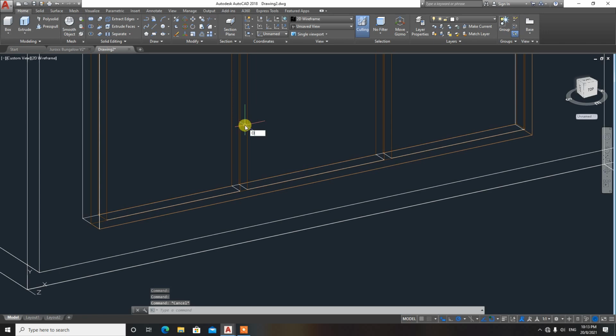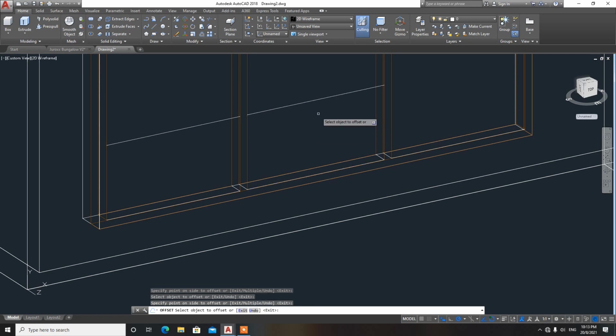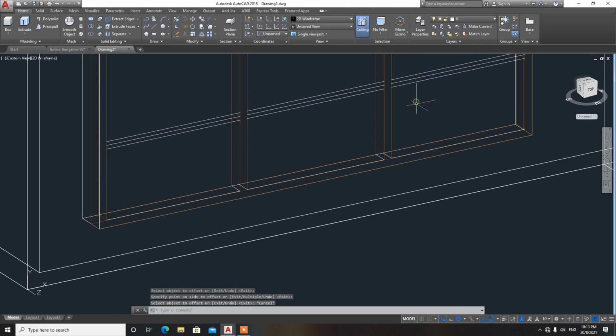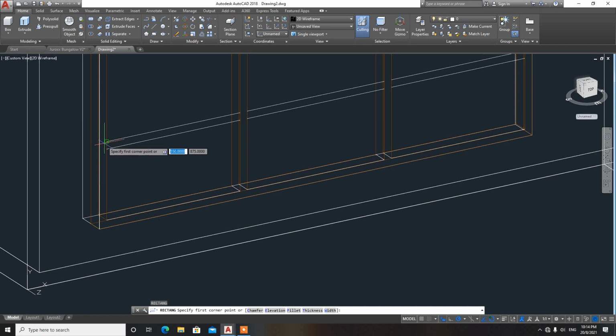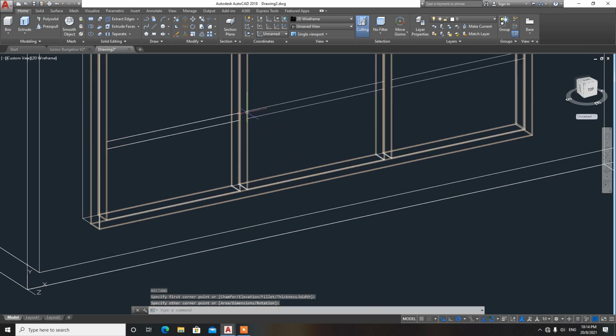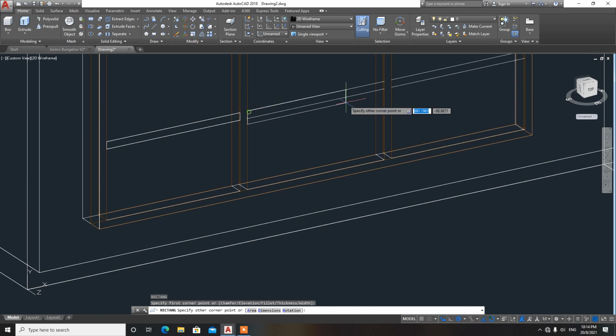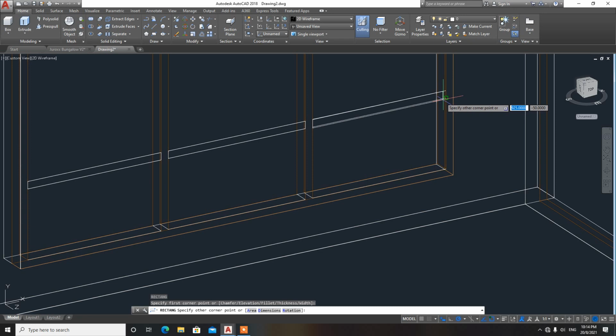So I'm going to offset it by 500 mm. I'm going to type 500, and offset this going up like this. Then I'll offset this by 25 mm because I want to create this part of a frame. You can delete all the center lines if you don't want them. Draw a rectangle, trace that part, rectangle again, trace this part,